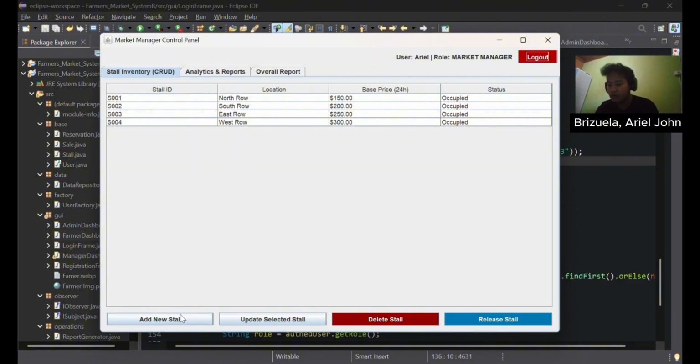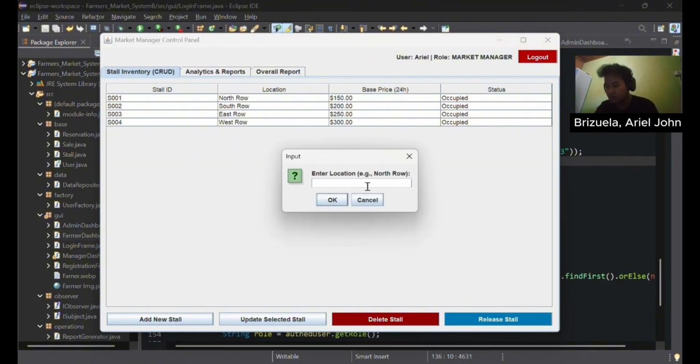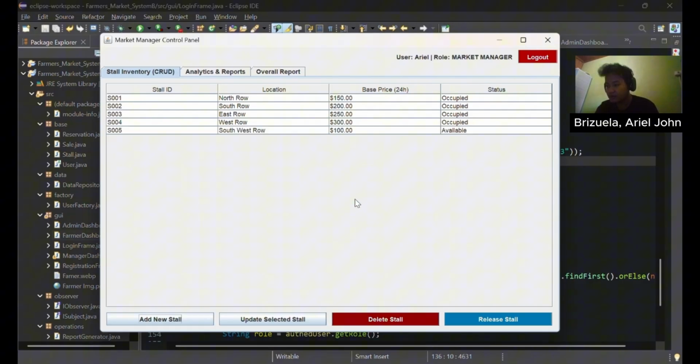You could also add a new stall. The location says southwest row, base price 100, and there you go, it's available now.